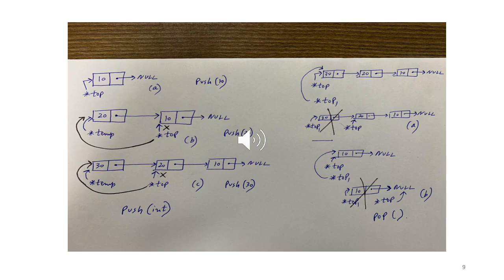Another case which we look at is when we have a stack of 1 element. So in this case, top is pointing to the node with info 10. That is case B on the right. Now we call pop. What happens? Top 1 is top, so top 1 is also pointing to node with info 10. Right? Is top null? No. We have a single node, so top is not null. So the else part executes. Top is top arrow pointer.